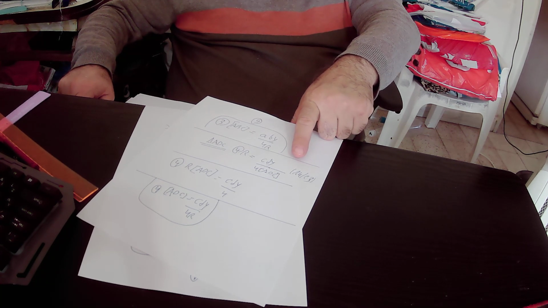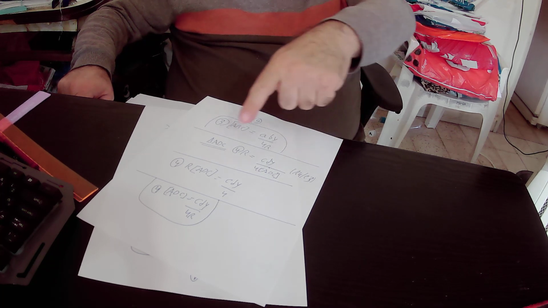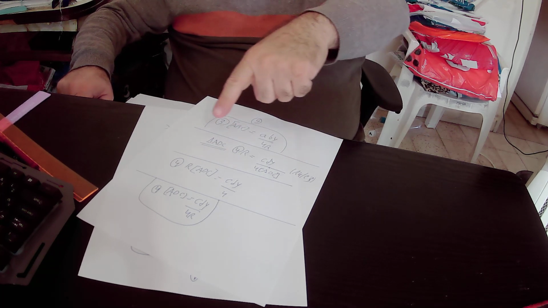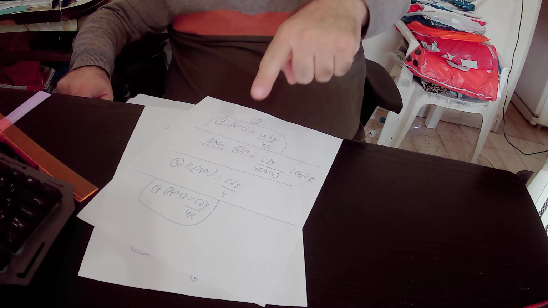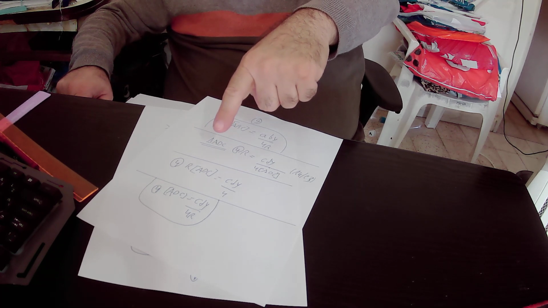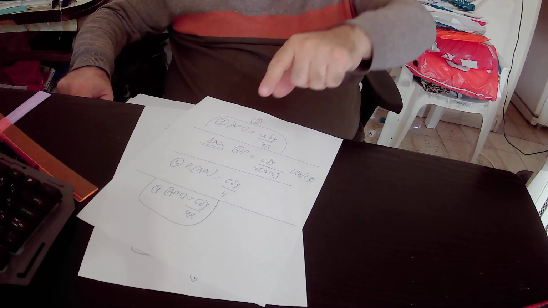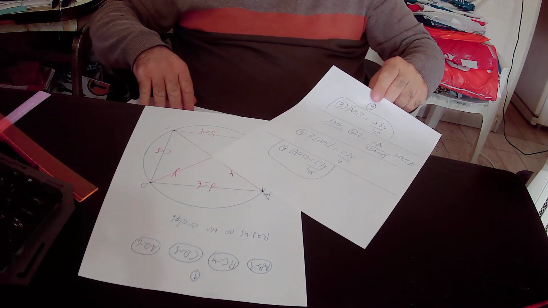We multiplied equation number 4 by the area of triangle ADC. We got this expression, and then we divided equation number 4 by R, and we got that the area of triangle ADC equals CDY over 4R. Okay, and